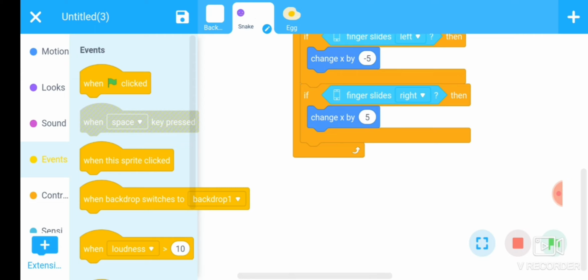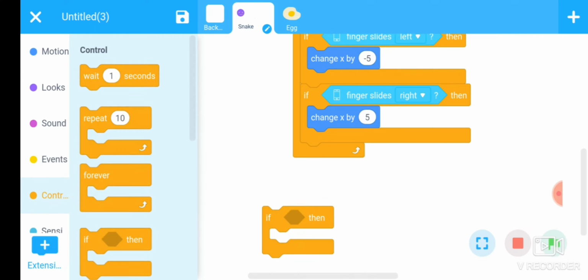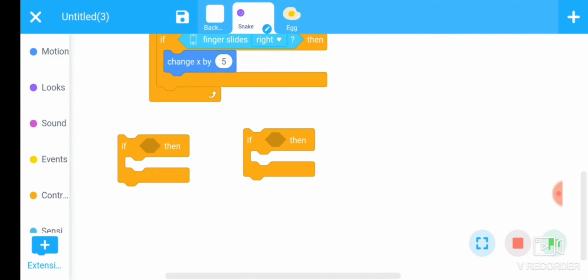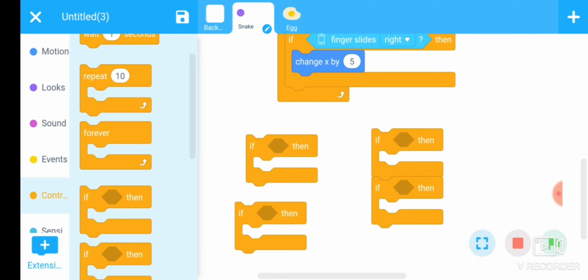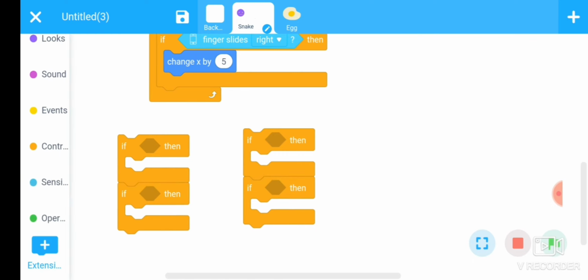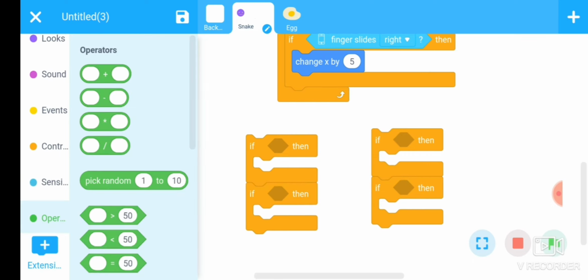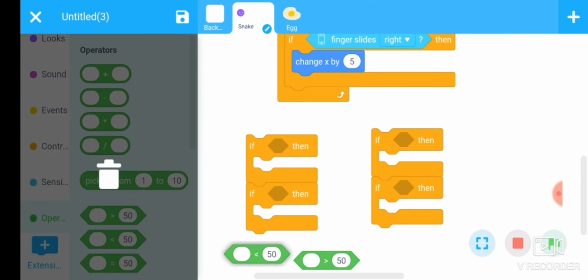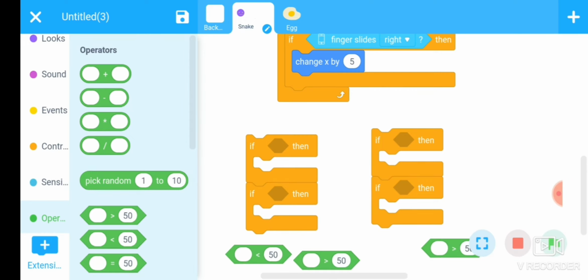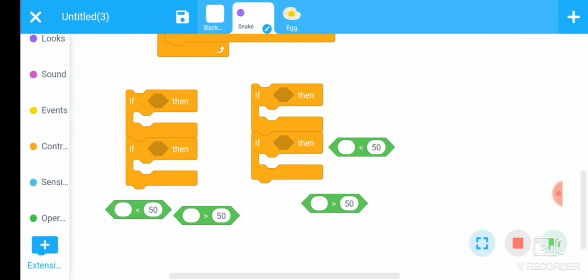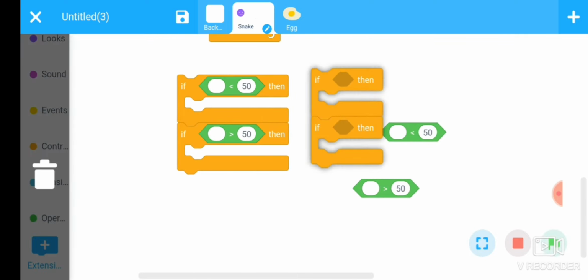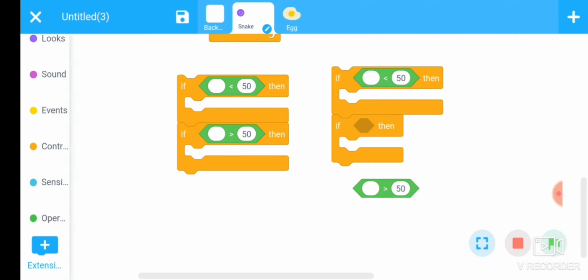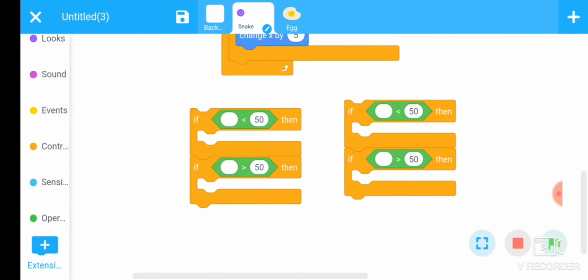Again we will take an if then condition. Then go to the operator section. There are less than and greater than.